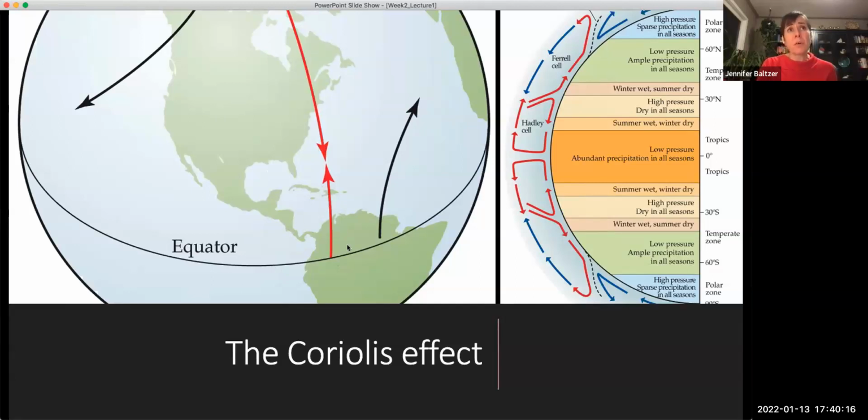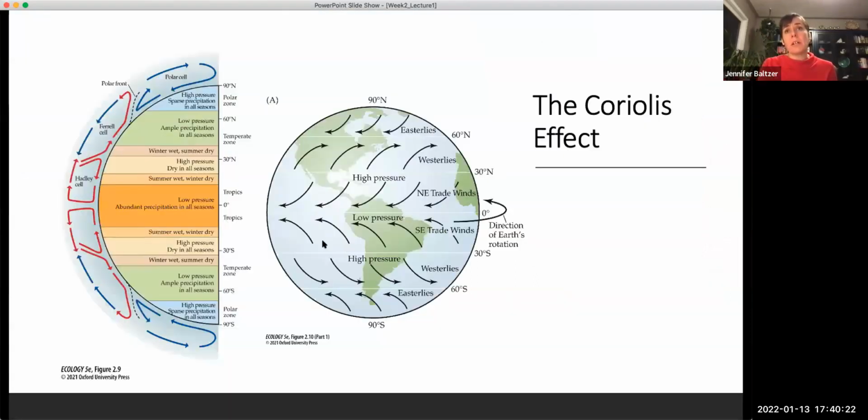Okay. So I'm going to shift over here. We also have the Earth turning all the time, and it turns in this direction, right? So you can see the direction of the Earth's rotation here. Of course, here we are in North America. You know, the sun rises in the east and it sets in the west. And so, of course, we know that this is the direction of the Earth's rotation. So we turn around this way, the sun rises, then we keep turning, and the sun sets in the west.